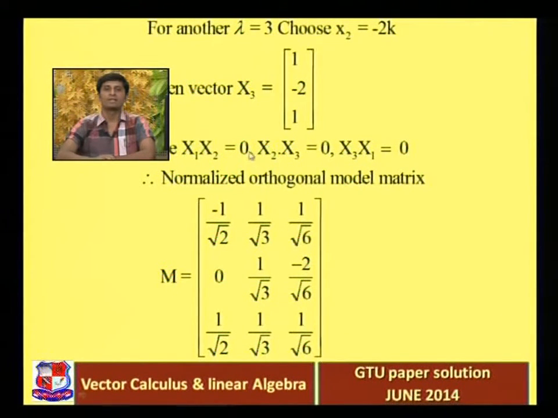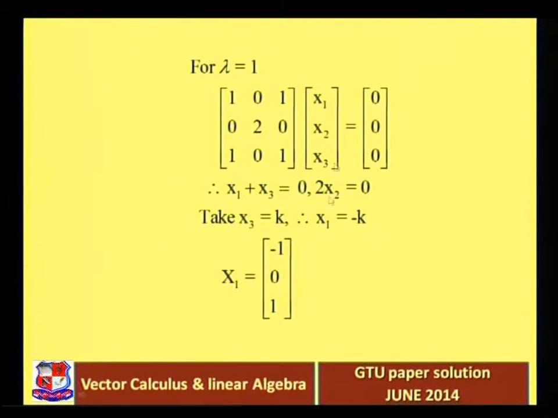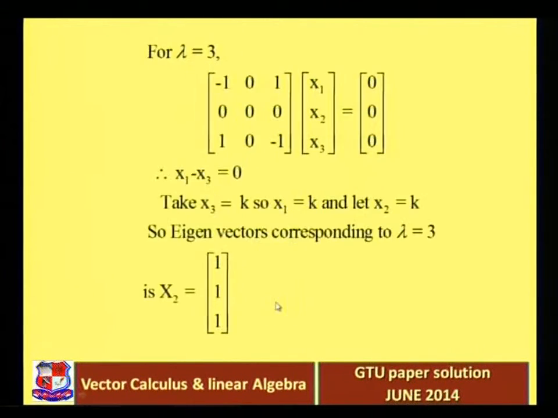Okay, so you can see the dot product of any two eigenvectors is equal to 0. The x1 x2 is 0, x2 x3 is also 0, and x3 x1 is also 0. You can see what our x1, x2, x3 are. This is our x1 minus 1, 0, 1, and this is x2 1, 1, 1. So the dot product of x1 x2 is minus 1 into 1, that is minus 1, plus 0 into 1, that is 0, plus 1 into 1, that is 1. So minus 1 plus 1, you will get 0. Similarly when we find x2 into x3, that is 1, 1,